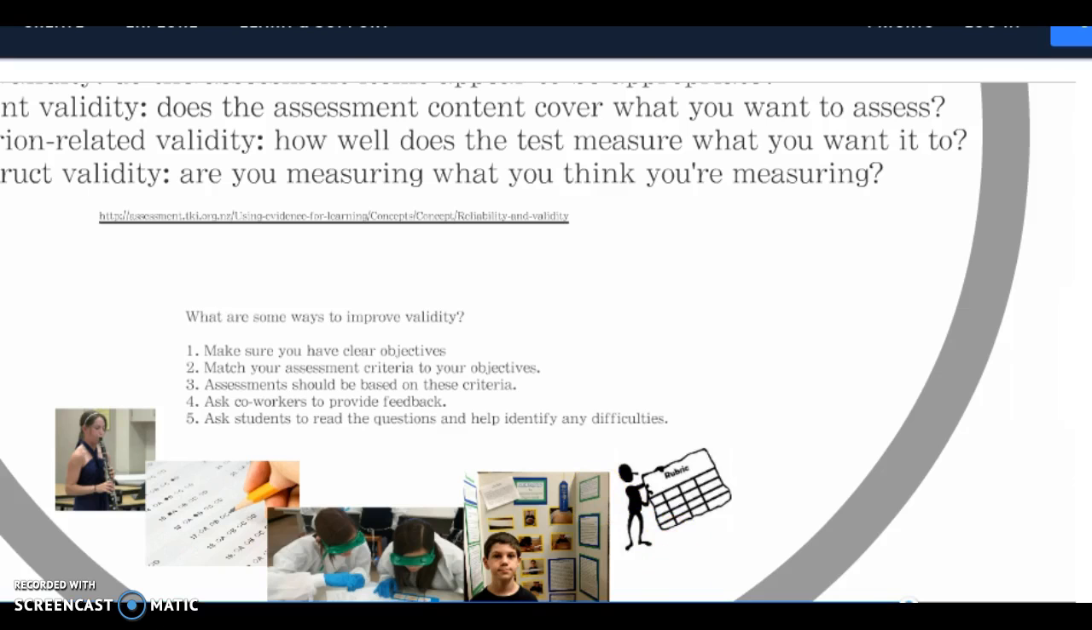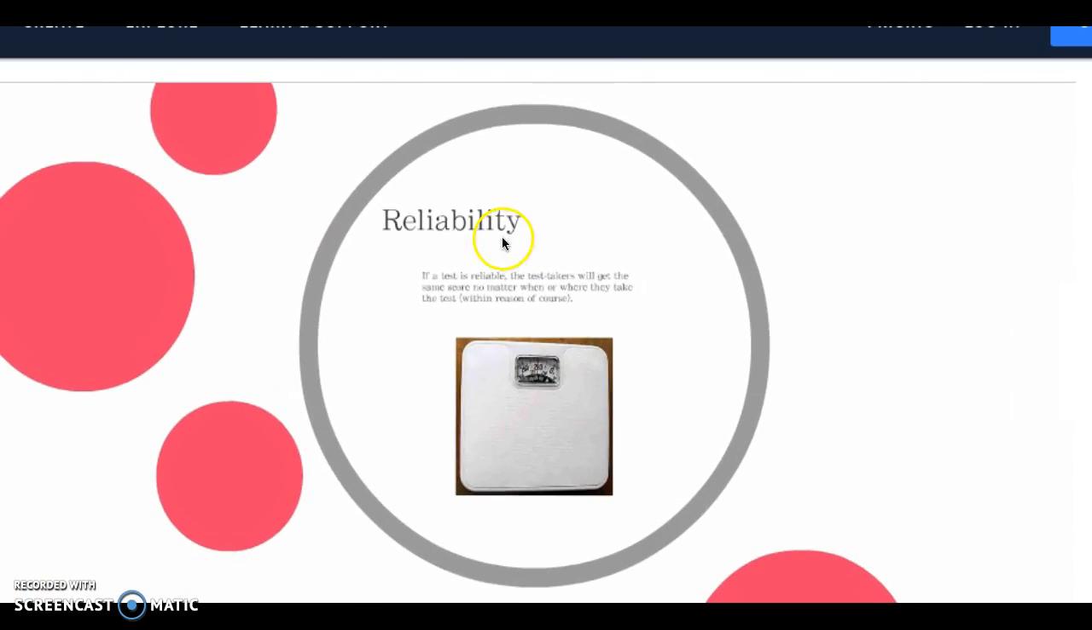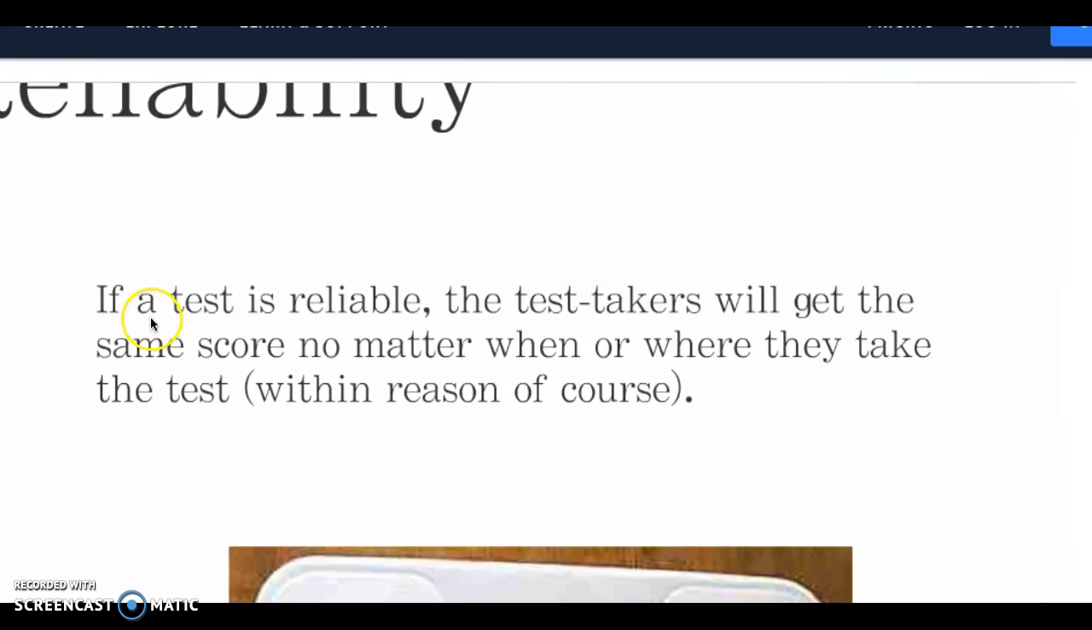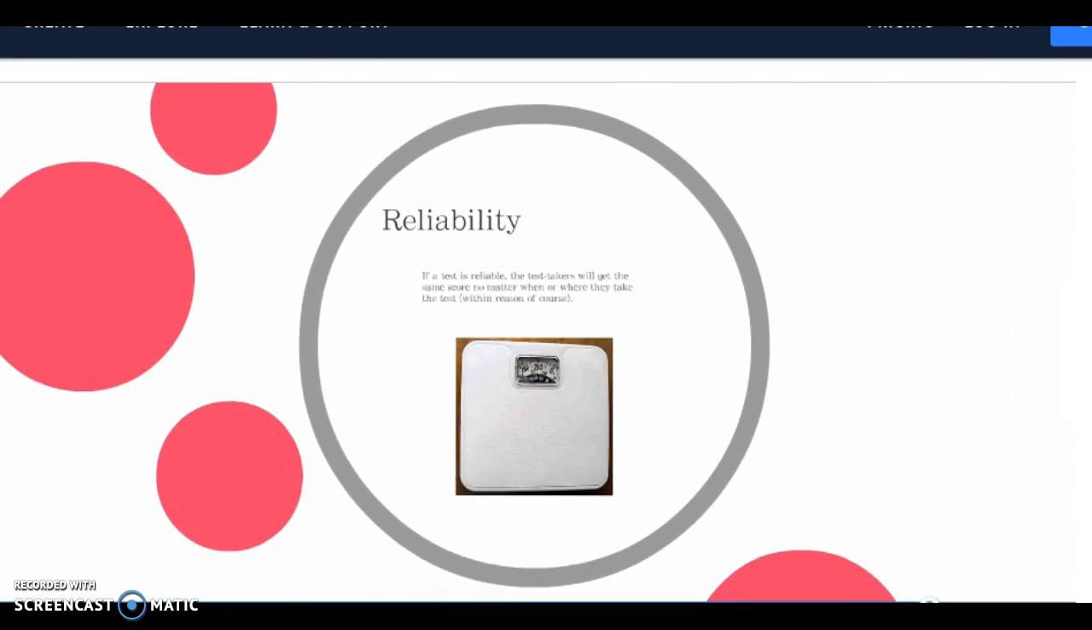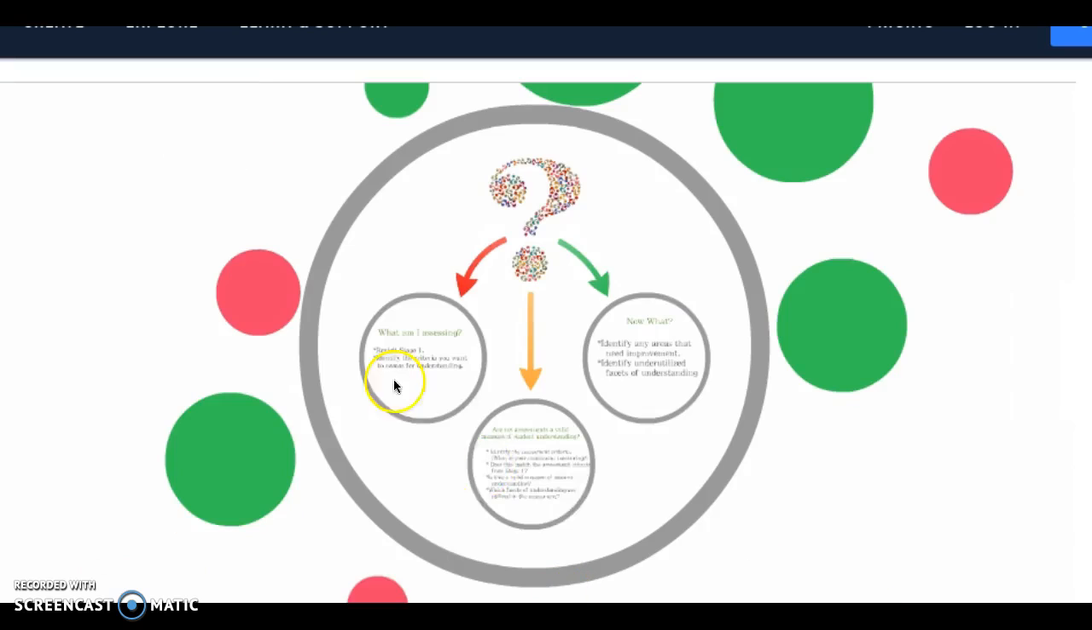We also want to talk about reliability. If the test is reliable, the test takers will get the same score no matter when or where they take the assessment. And this means that the test would be consistent for the students, that they would be able to score it no matter what. So as a review of what we're doing,